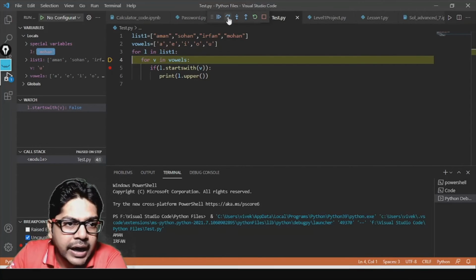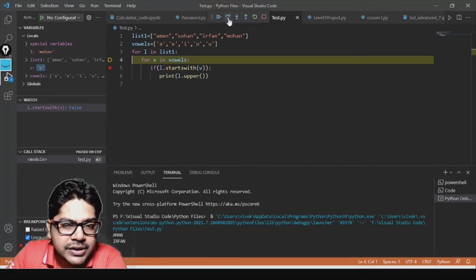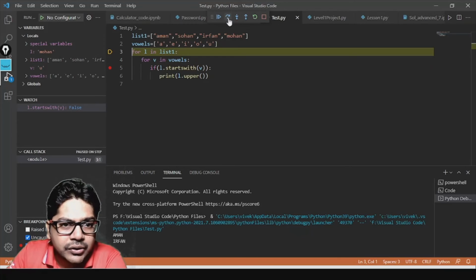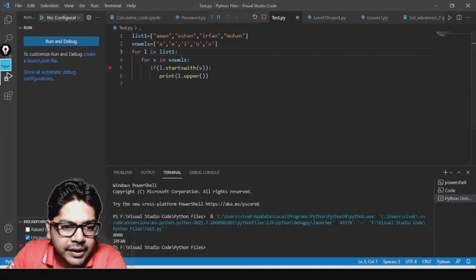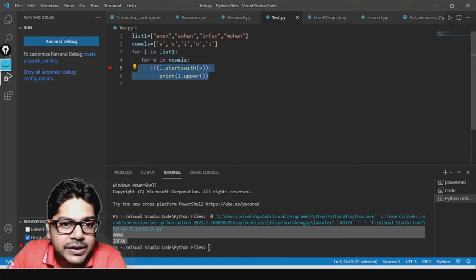Then L will point to Mohan, and Mohan doesn't start with A, E, I, O, U. So it will go through the list and check the condition, and it will find that it doesn't start. So the loop will stop there. Okay, and that is the reason we are getting Aman and Irfan. So in this example, we have used two functions which we read today, startswith and then the upper